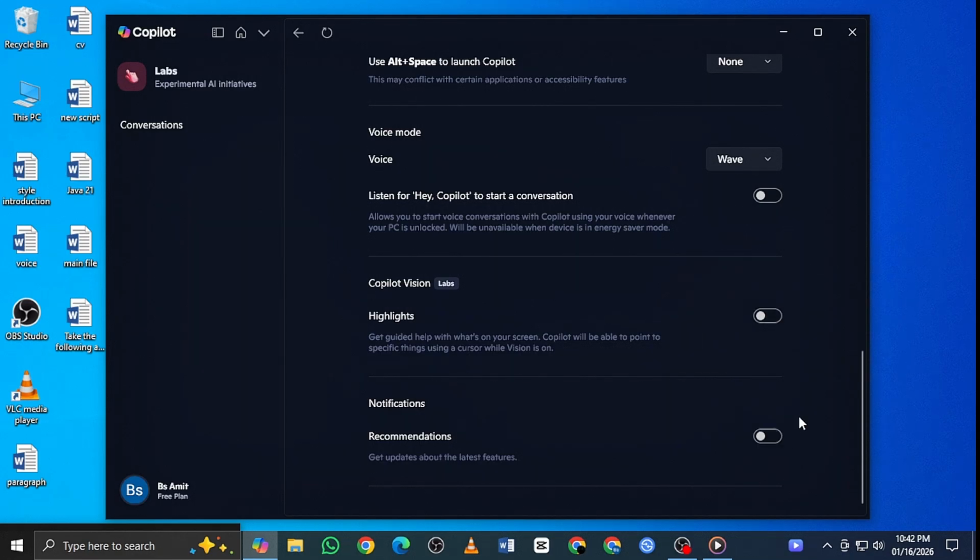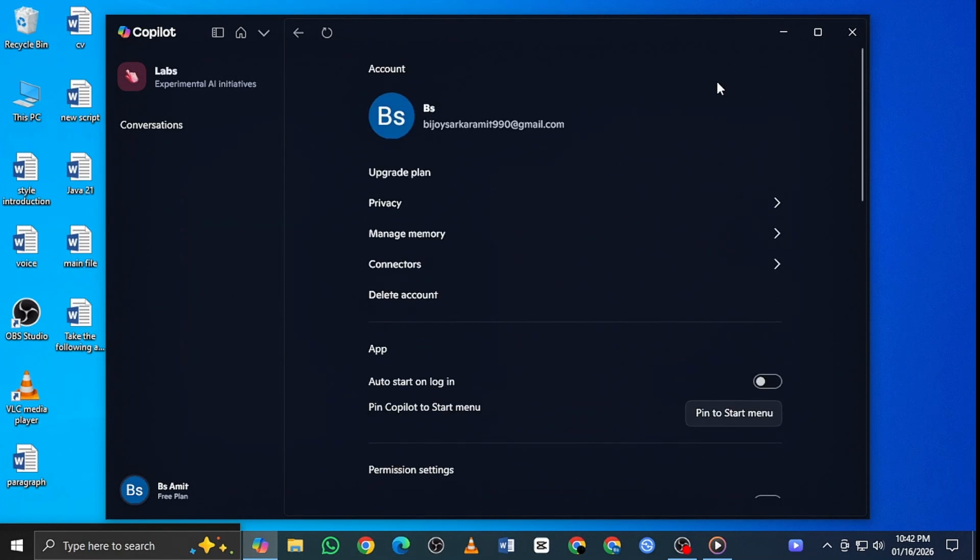After you've turned everything off, simply close the Copilot window by clicking the X in the corner. Once closed, Copilot will remain inactive unless you choose to turn it back on later. That's all there is to it. You now have full control over whether Copilot runs on your device, helping you create a more focused and personalized Windows experience. And that's how you